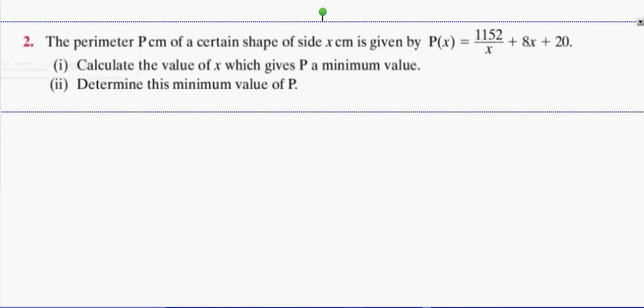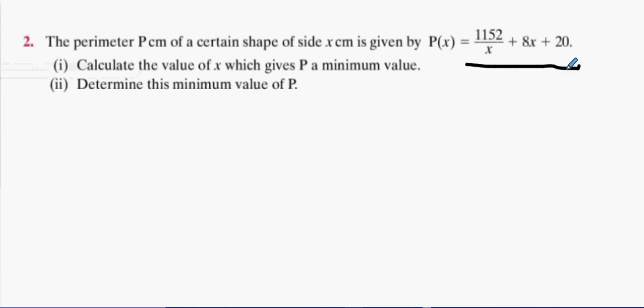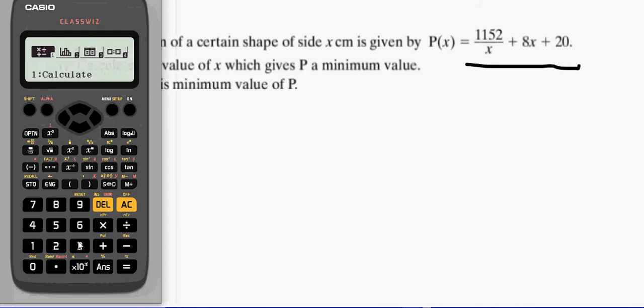What I have is the perimeter of a certain shape is given to me by this. Calculate the value of x which gives its minimum value. All right, now, I tell the early level lads, because some of them might forget differentiation on the day,